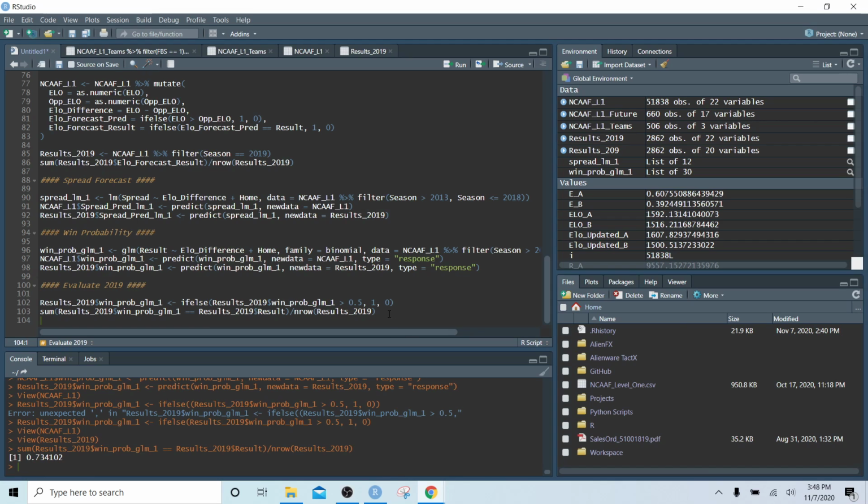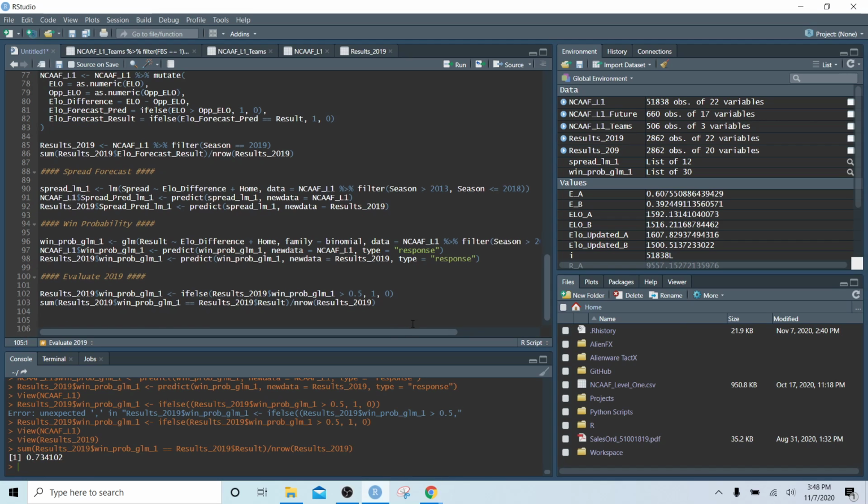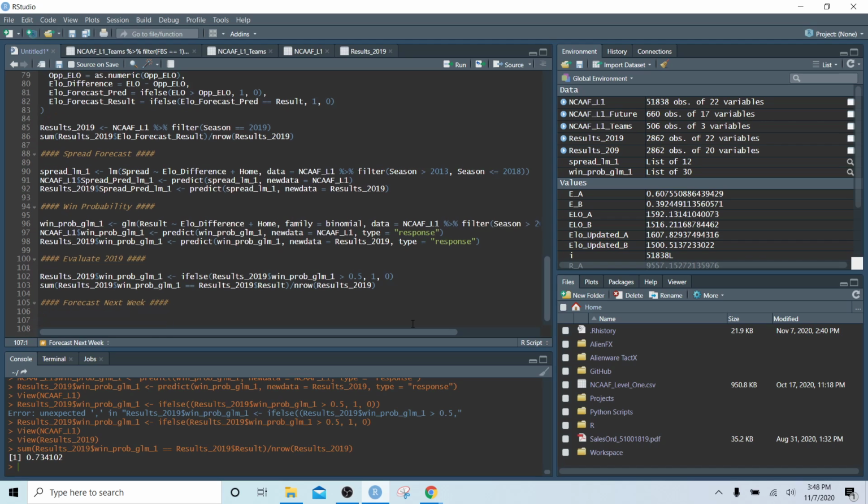And so now what we want to do is forecast next week's results, or this week, or the upcoming week, however you want to describe it. The way we're going to do that is, we already created the NCAA future data set. So the first thing we want to do is make sure that our dates for this